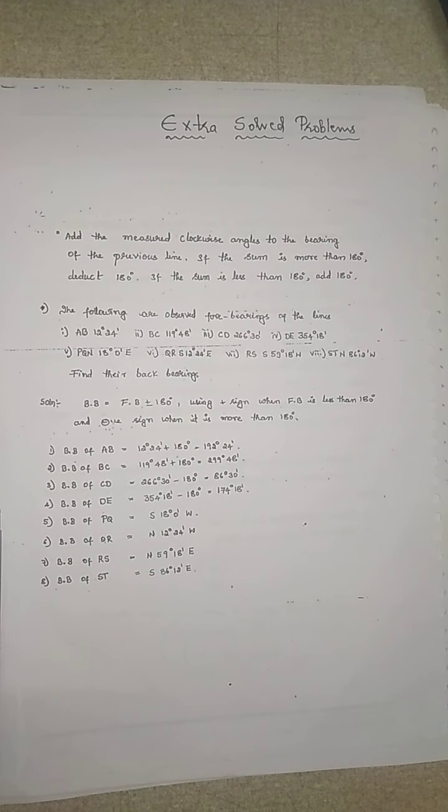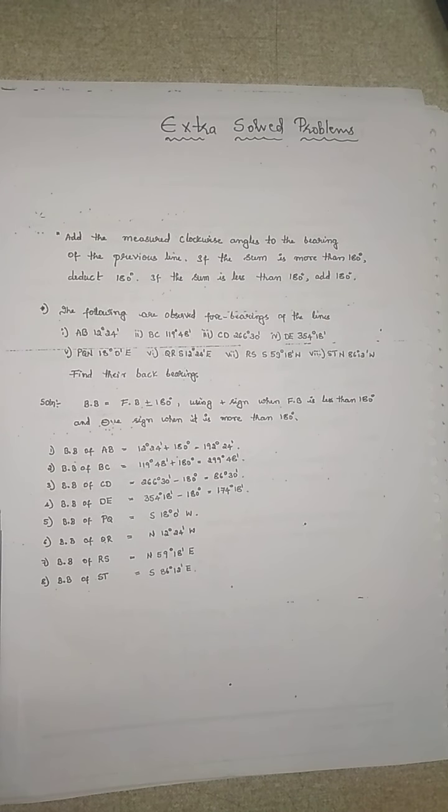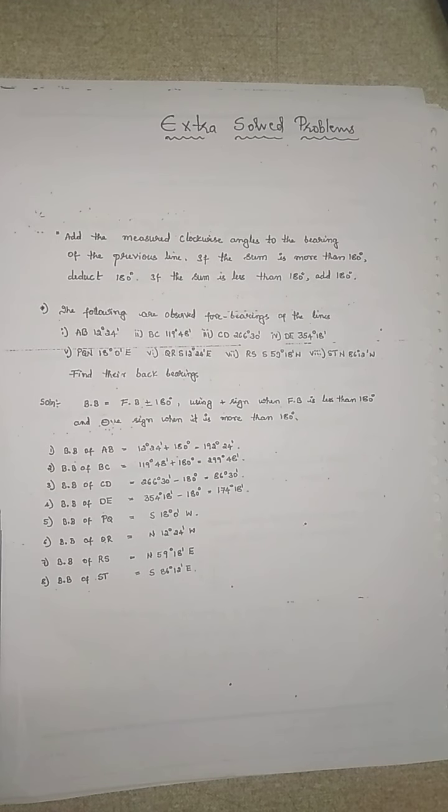In the previous classes, we have seen the different basics of a compass survey, and also what bearings are, what a meridian is. We also discussed the different types of problems: what is forebearing, what is back bearing, how the back bearing should be calculated, what is included angle, how the included angle is calculated, and if the included angle is given, how the forebearing and the back bearing are calculated.